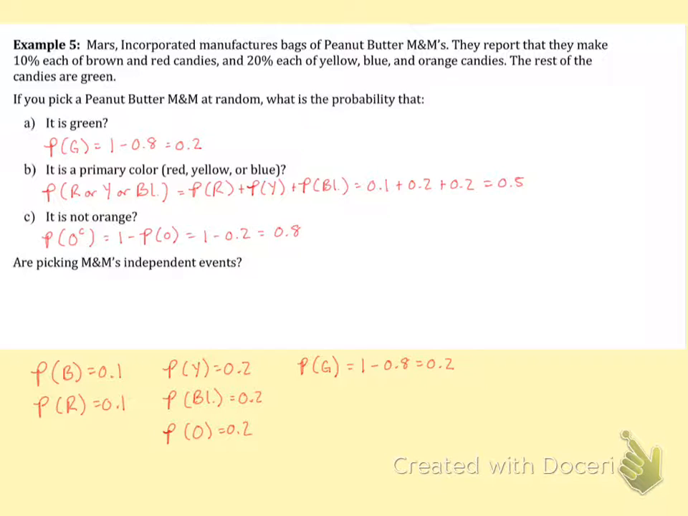It says, are picking M&Ms independent events? Now, later on in this chapter, we are going to learn how to use formulas to show that two events are independent. But right here, we are just going to use our logic, and we're going to say yes, because we know that choosing one M&M does not affect the probability of the color of another M&M unless we have an extremely small bag of M&Ms. So yes,